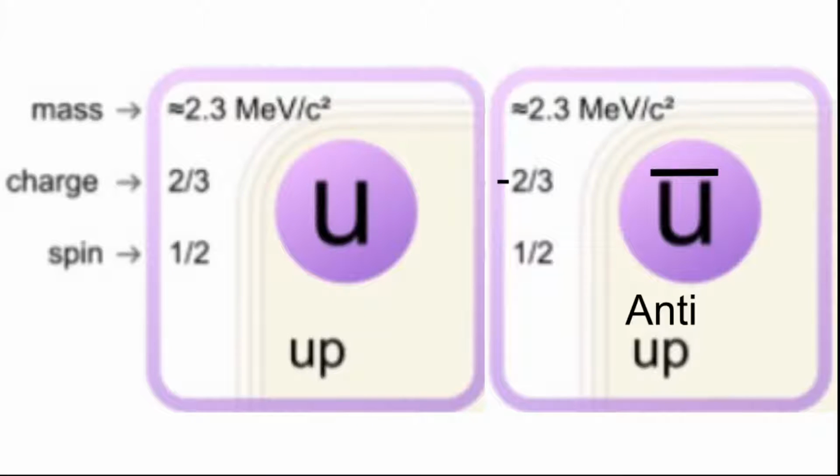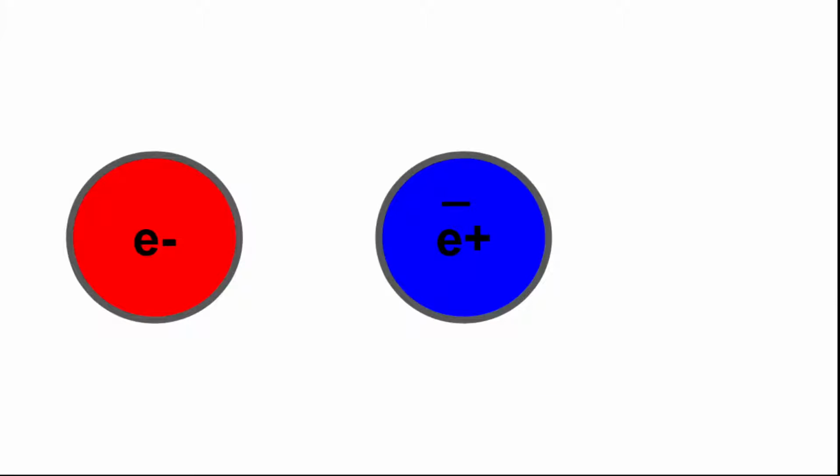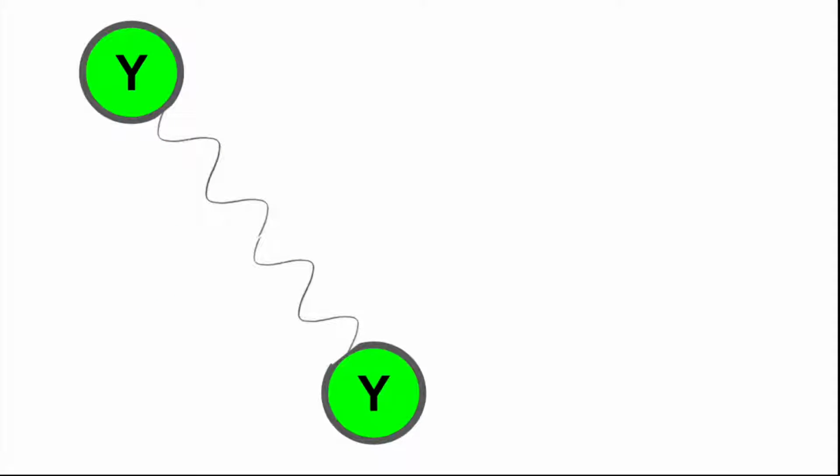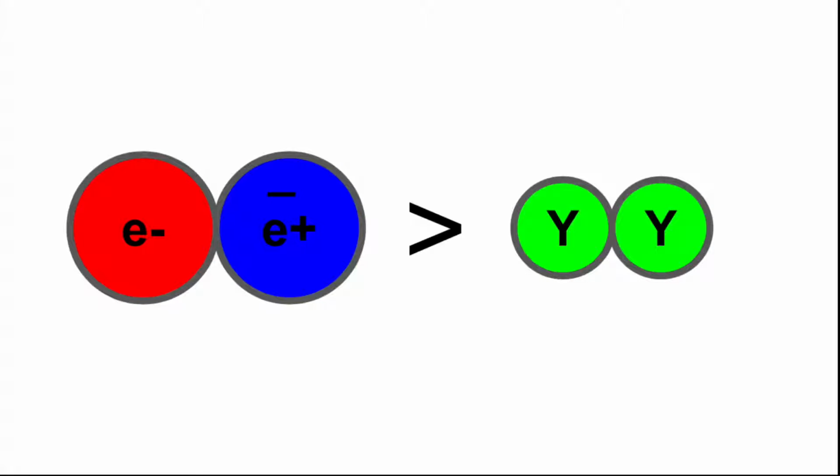All antiparticles have the same properties as their corresponding particles, except their charge is opposite. Another property of antiparticles is that when they touch their corresponding particle, both turn into 2 photons. This seems impossible because going from 2 particles with mass to 2 particles without mass violates the law of conservation of mass. It doesn't though.